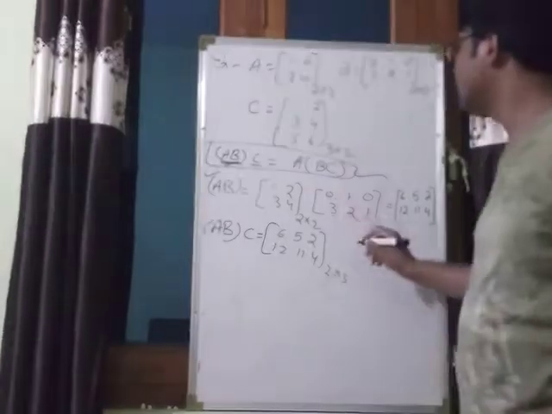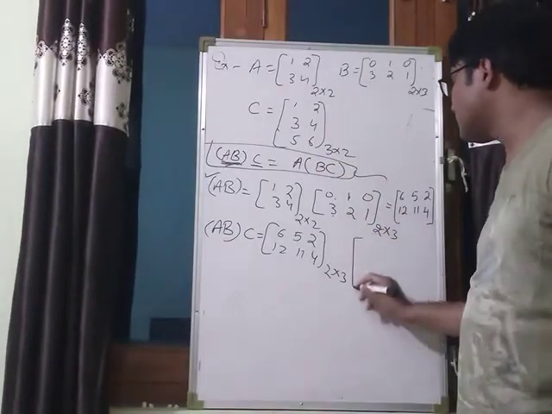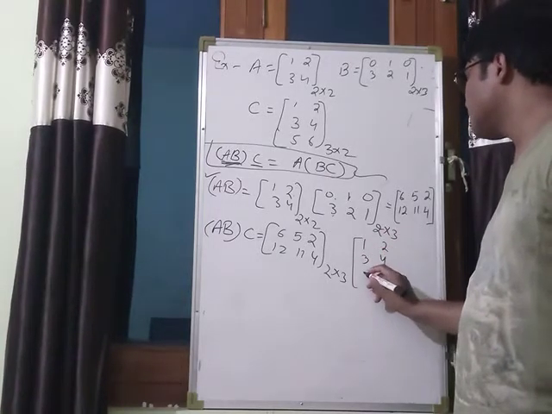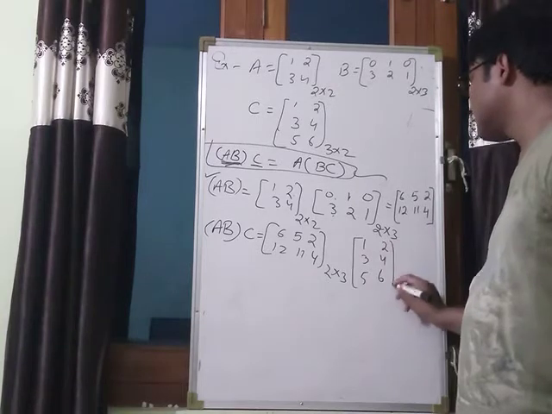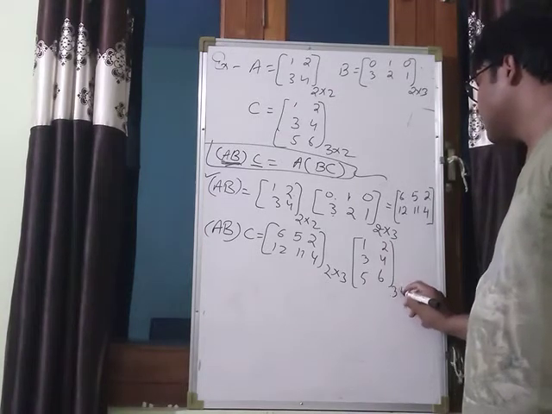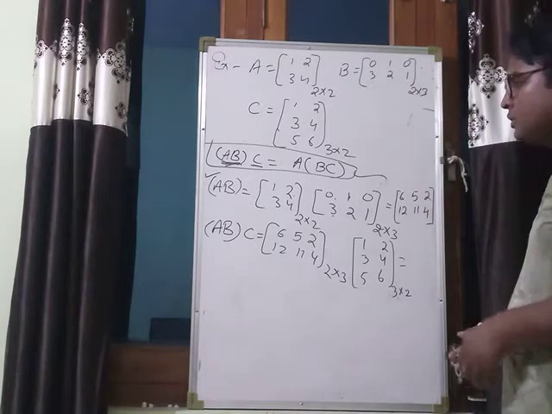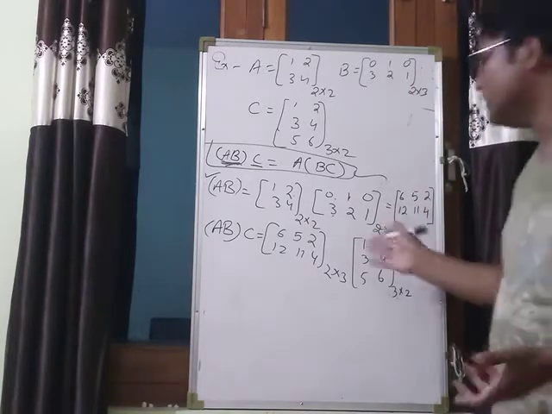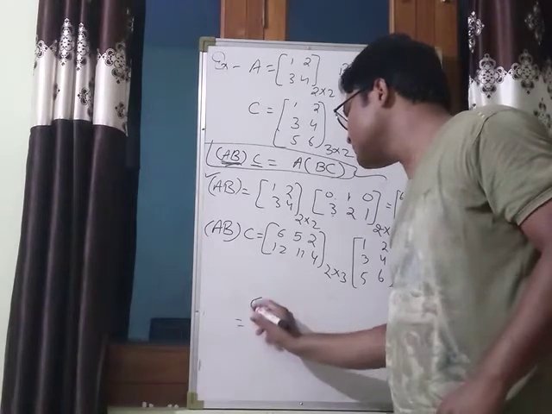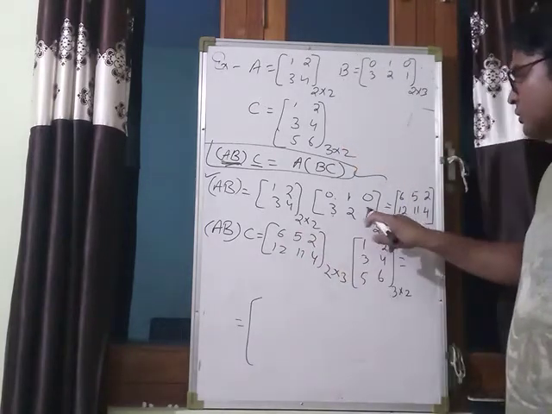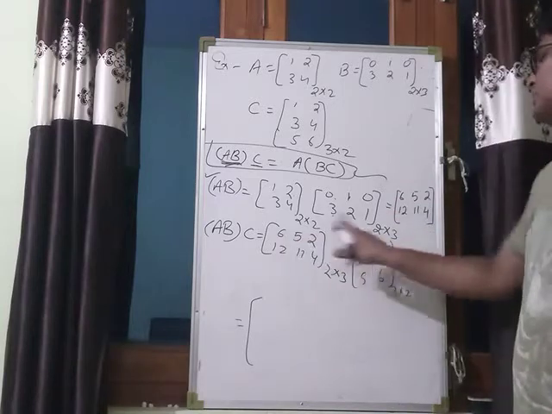And C is the matrix 1, 2, 3, 4, 5, 6. This is of order 3 by 2. So what will be AB into C? It will be equal to, see, first row, first column, 6 into 1,